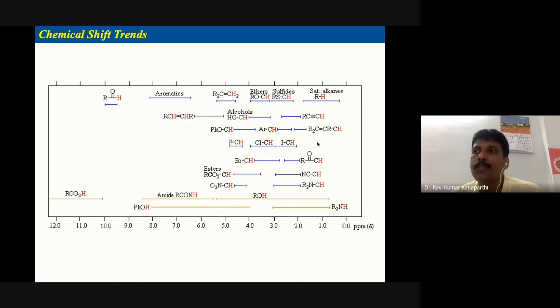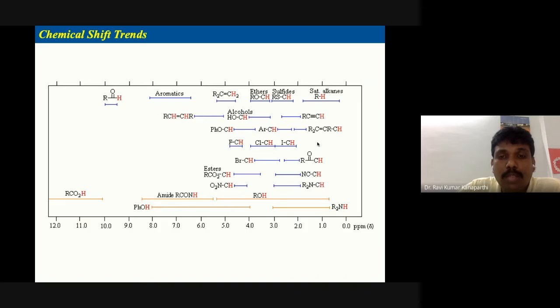So the chemical shifts and their ranges, where a particular type of proton will resonate, their range of resonating frequencies, are generally discussed in most all the textbooks. And for a PG student it is important. Not only for a PG student; even I, after becoming a faculty and doing a lot of research, have to remember all these things to interpret the NMR data of the molecules which I synthesize in the laboratory.